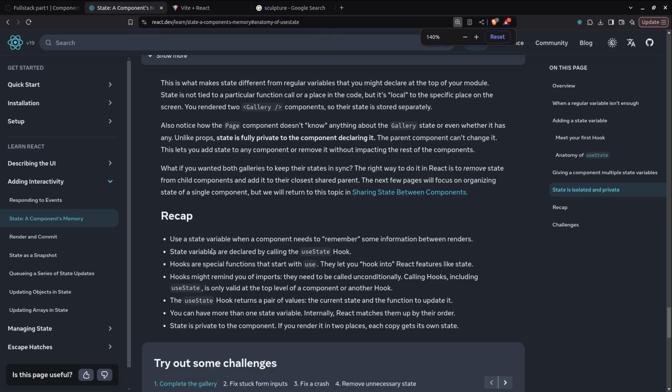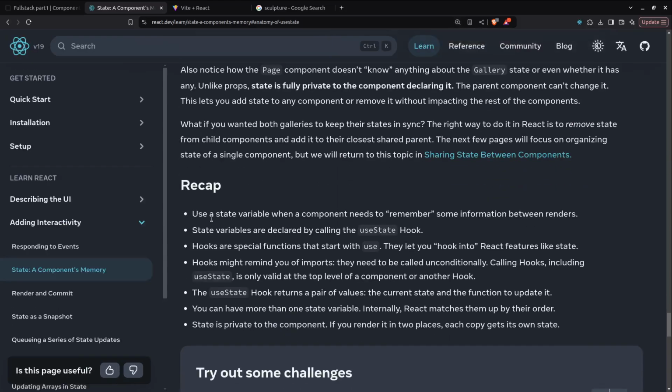Recap. Okay, let's do a big recap. Use a state variable when a component needs to remember some information between renders. State variables are declared by calling the useState hook. Hooks are special functions that start with use. They let you hook into React features like state. Hooks might remind you of imports, but they need to be called